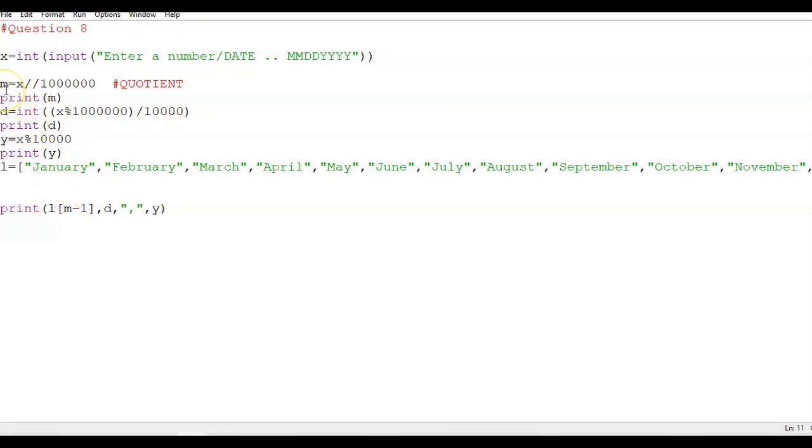So if the value of m is 1, then 1 minus 1 becomes 0, and at position 0 you have the value January, so it will display January. Then the date comes in the d variable, and the comma automatically inserts a space between the month name and the date, and then the comma with the year. So this is the whole thing.